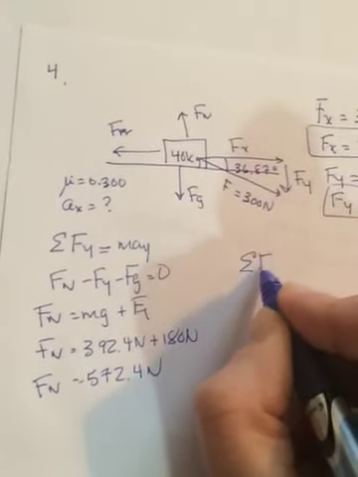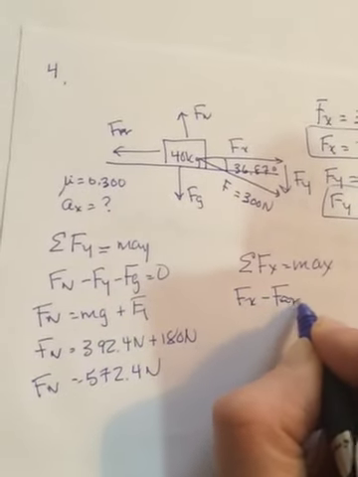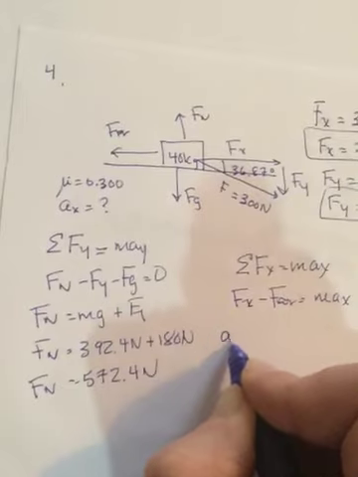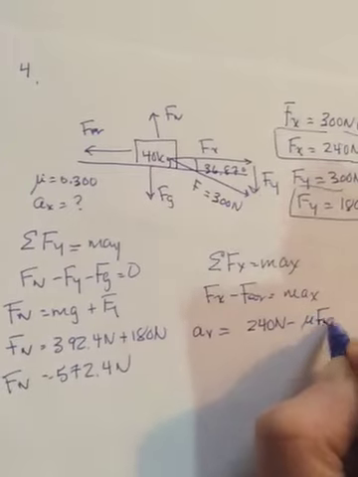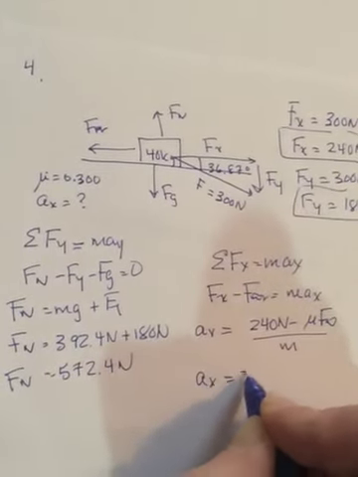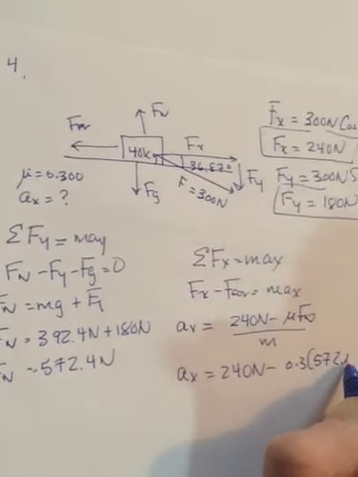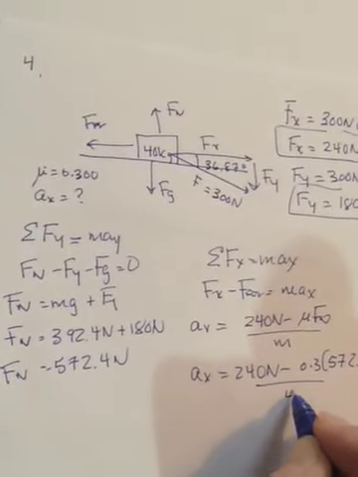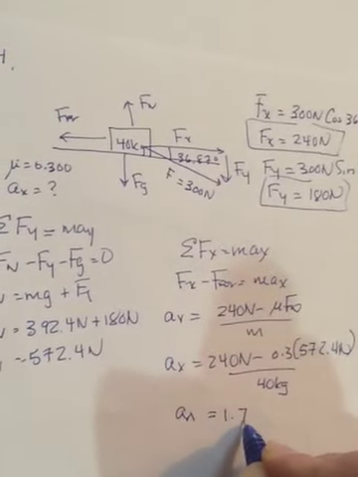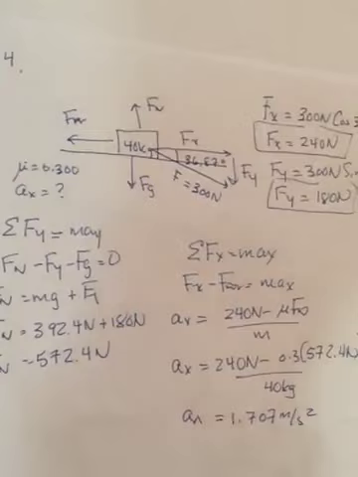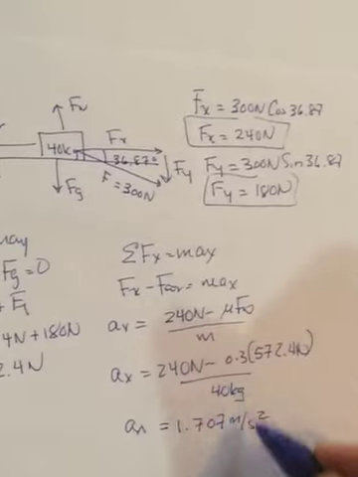Go to the x direction. So Fx minus friction equals max. So A is going to equal your Fx, 240 newtons, minus mu Fn over m. So 240 newtons minus 0.3 times 572.4 newtons over 40 kilograms. And you should get an ax of 1.707. Okay? All good? So you could have found this separately, but you didn't need to. Okay? You can just